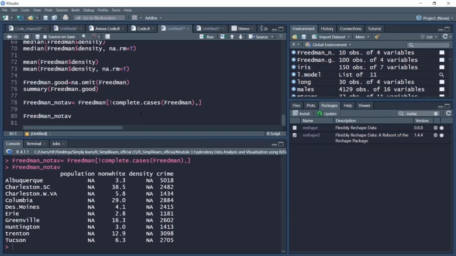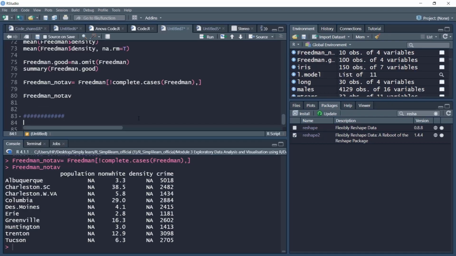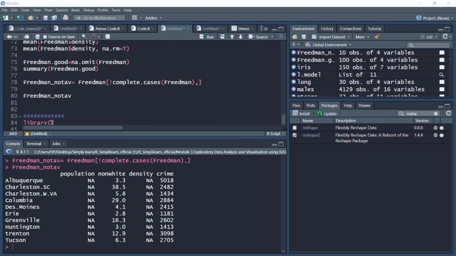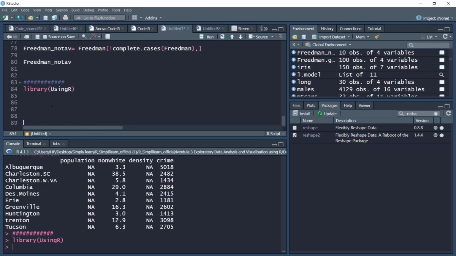We'll take one more example on how to work around with the NA values. We'll make use of the UsingR library. In this library, there is a babies database. So let's extract this babies database. From this database, there is a DWT column, which is the weight column, DWT, which is dad's weight. We'll assign this to a variable X.